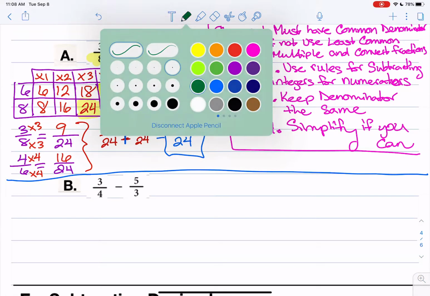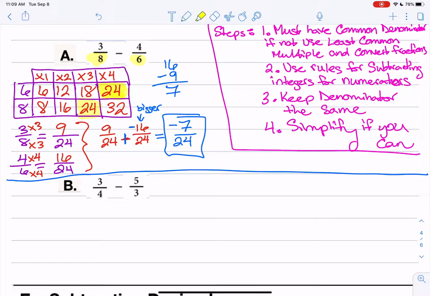Once again, we're going to follow the same steps. First step, must have a common denominator. Well, I look and they don't. So I'm going to draw my chart. So I'm going to have